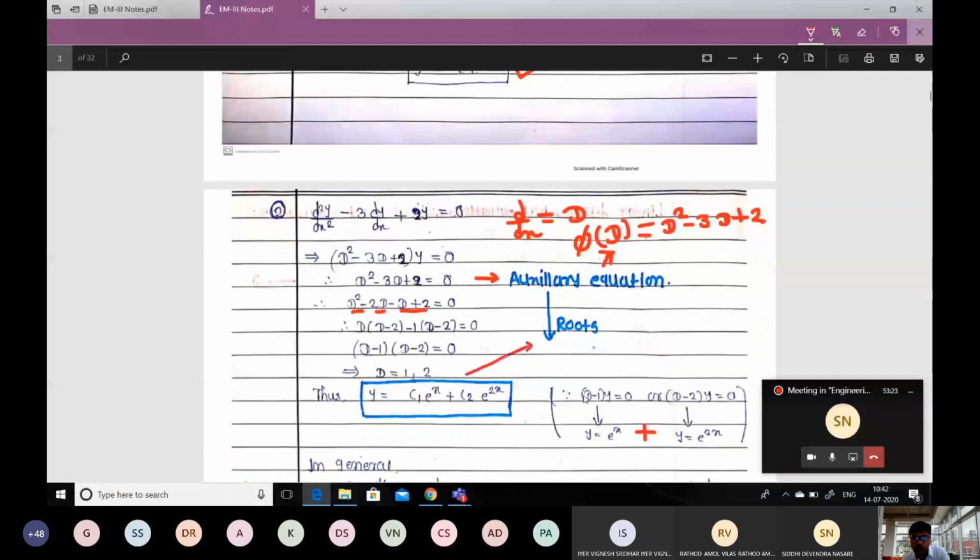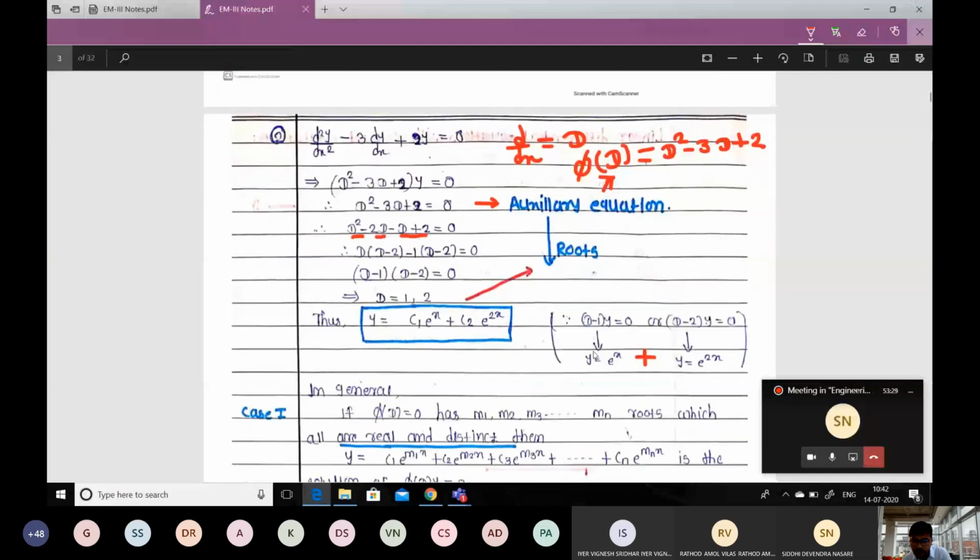Corresponding to the first factor we have D minus 1 times y equal to 0. So obviously corresponding to this factor we are going to get the solution y equal to c1 times e to the power x, because the root is nothing but 1. So I can write 1 times x. And corresponding to the second factor, look at this second factor D minus 2. We can get the solution y equal to another arbitrary constant c2 times e to the power that root. What is the root here? 2 times x. And their addition will give us the complete solution of this homogeneous differential equation,